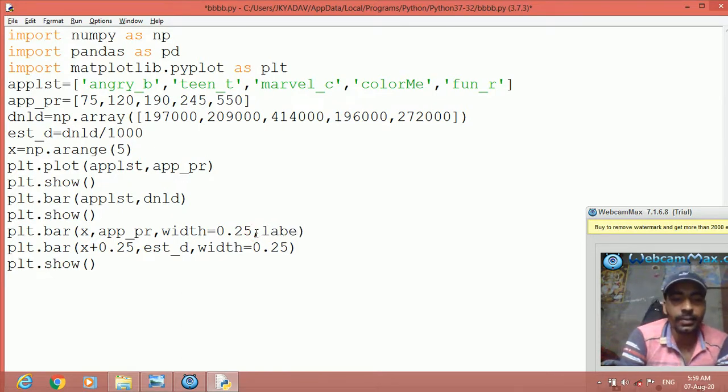Let us define label equal to, let us write this one for price, app price, then here we write label equal to app downloads.